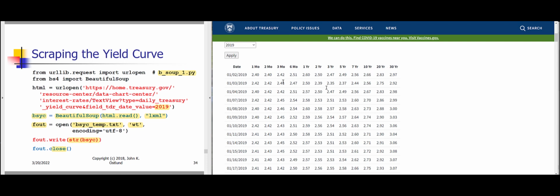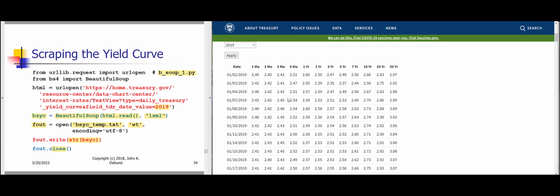That's the information that I want to get because I would like to do some analysis on this yield curve information. I would like to be able to see whether the yield curve is rising or falling over time,